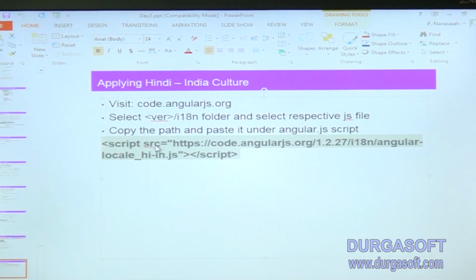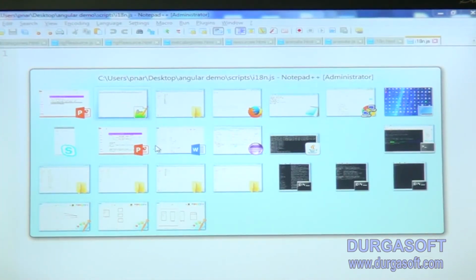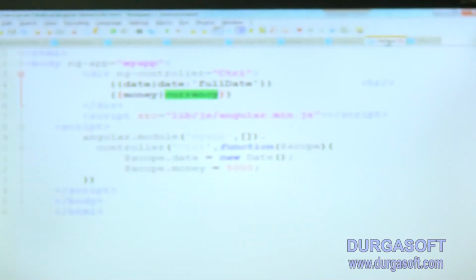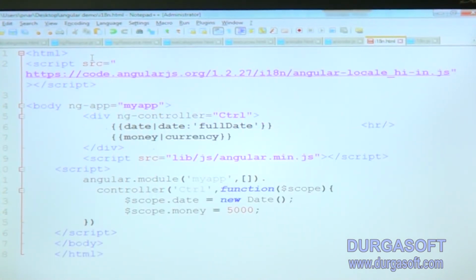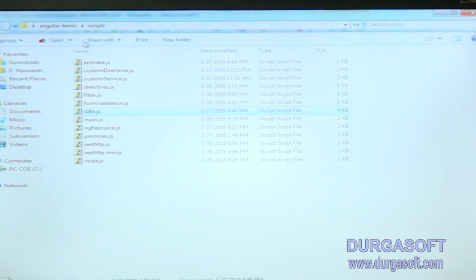I'm not adding anything in it for now. In i18n.html I include the script. Now I will open this page.